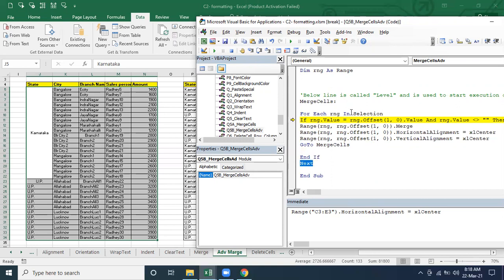Next means, whatever range we have selected, out of that range it is going to throw the second cell for this range. Now, instead of Karnataka, it is going to send this value Bangalore to this range. Let me execute. It has reached here, and again we are going to next. Next means it is going to pick Bangalore. Now it is passing this value to the range at the next time.